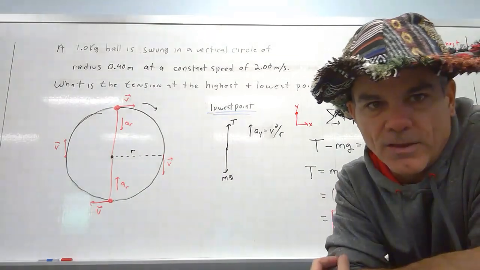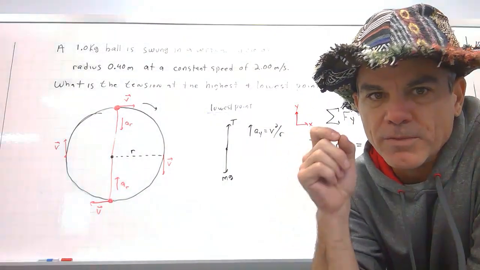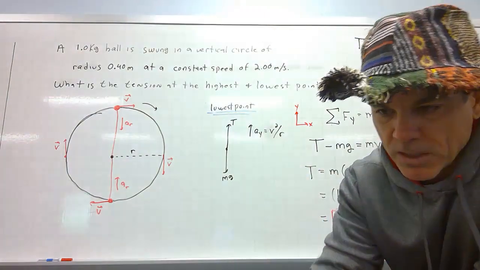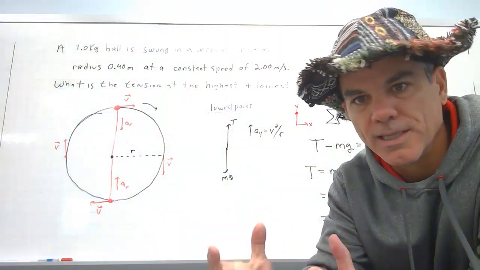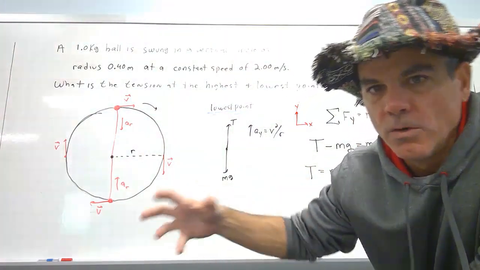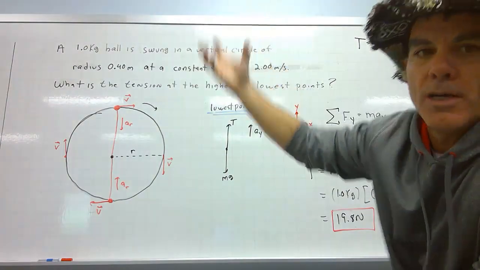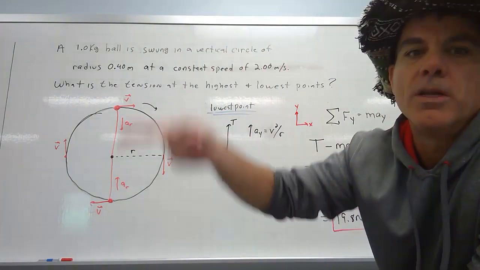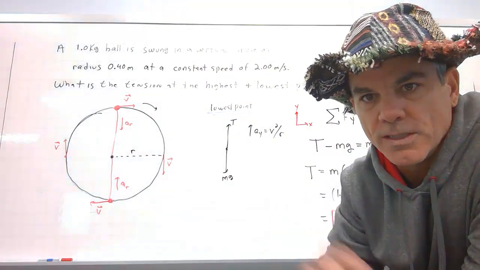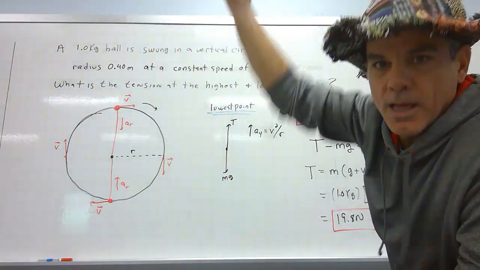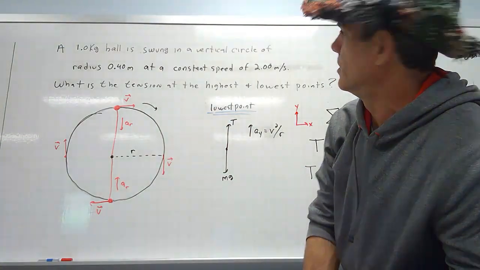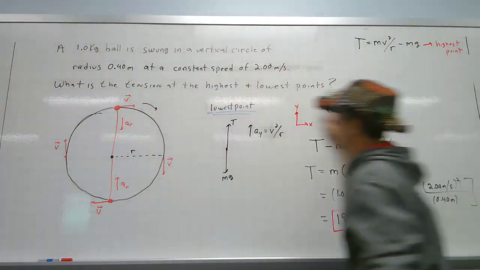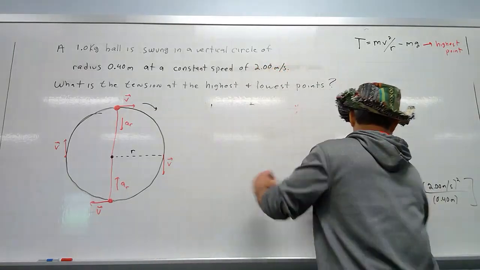So now let's modify this problem and see what is the minimum speed you need at the highest point so that the tension, the rope, remains taut. Basically, the tension is greater than zero, which means this string is still taut as this thing goes over the highest point, meaning it can do a complete loop. If the tension went to zero, that means at the highest point this mass, this rock, whatever it is, this ball would drop. So, let's go back to